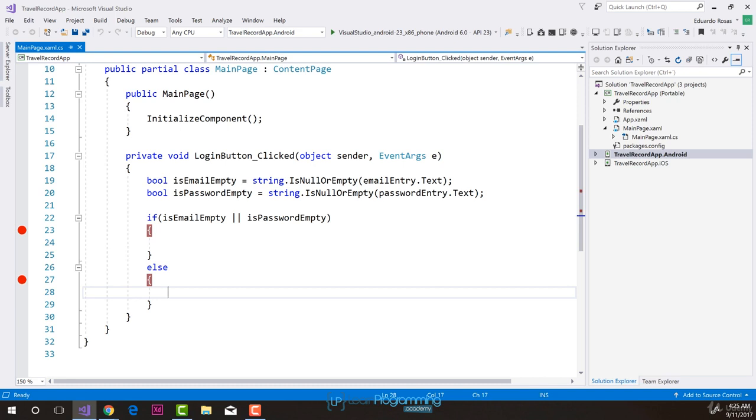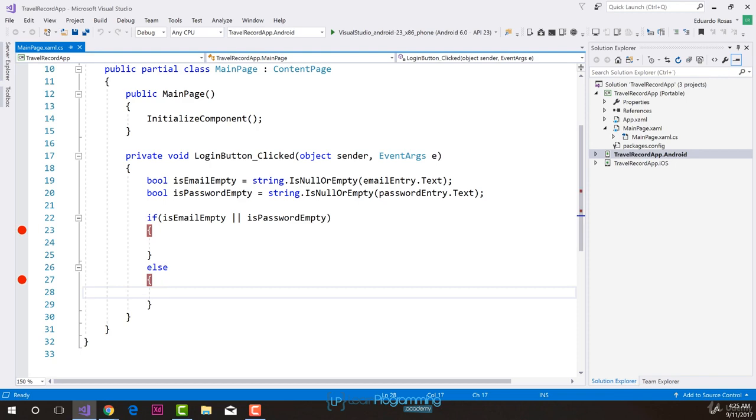And so in this lecture, we're going to cover navigation to a new page that is only going to happen when the user has successfully logged in to the application. So of course, the first thing that we need to be able to navigate to a new page, well, it's a new page. So let's first take a look at what we need to do to create a new page